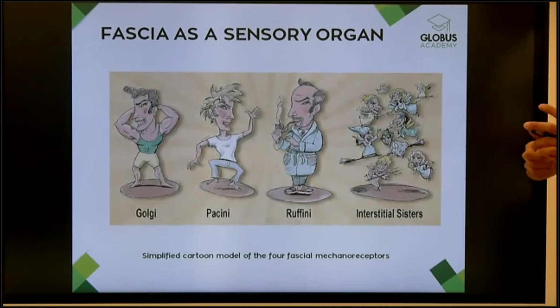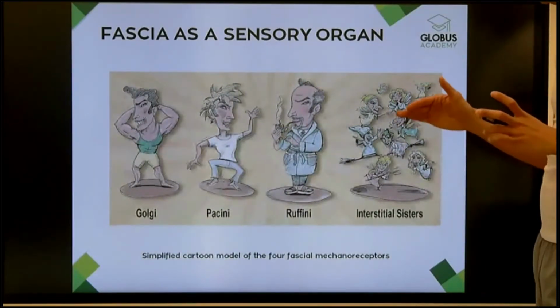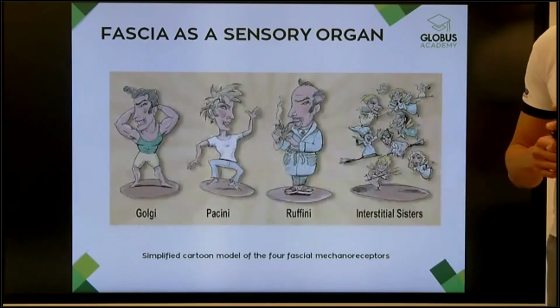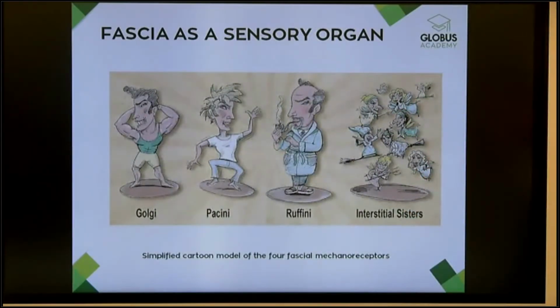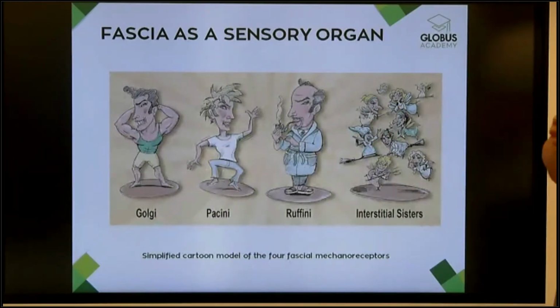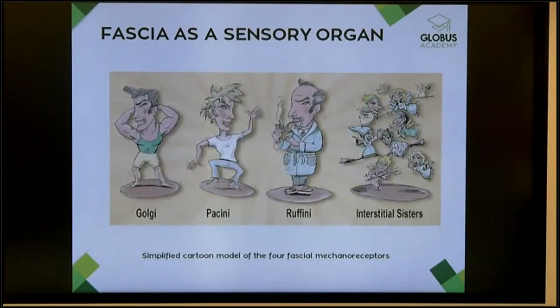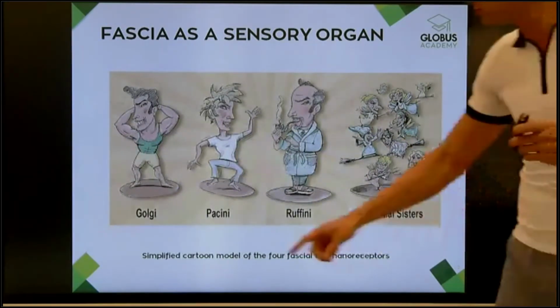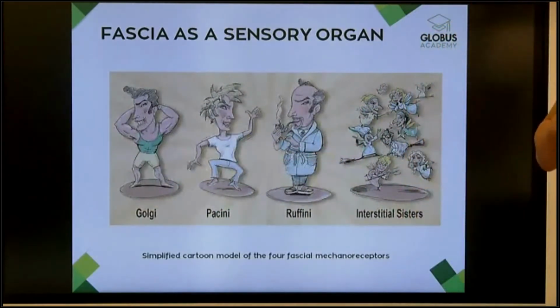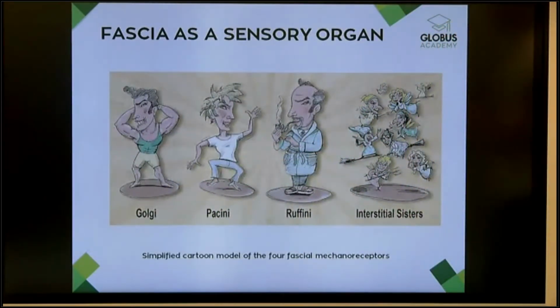And then I present the Italian family. This is the Italian family: Golgi, Pacini, Ruffini, and the interstitial sisters. These are the receptors that we can find inside our fascia tissue. So fascia is a sensory organ that is really full of this kind of receptors. As you know, Golgi is more involved in the muscular activity, right? So it is the most fit, I can say,